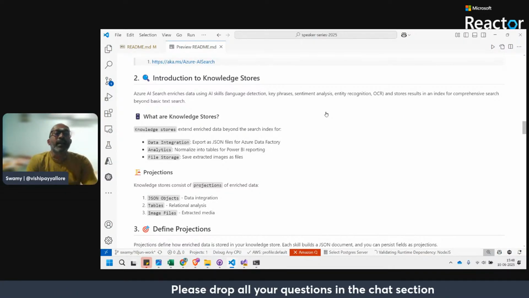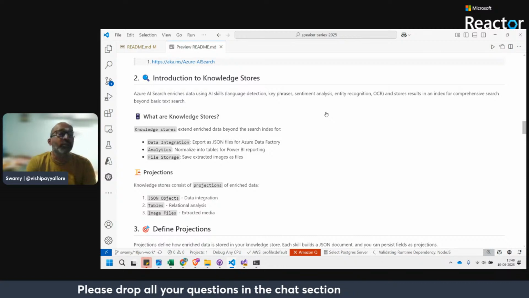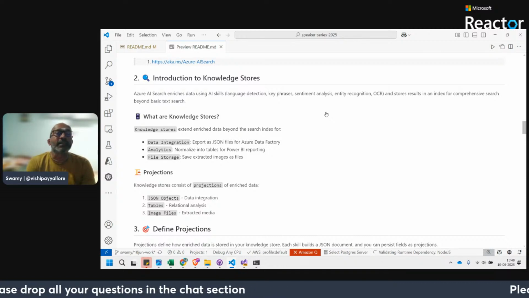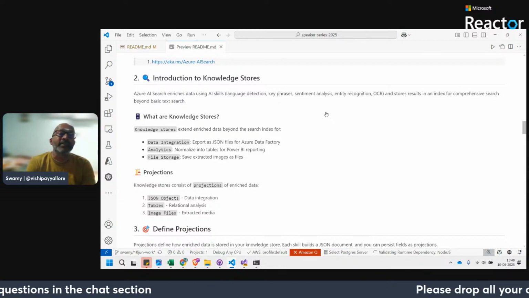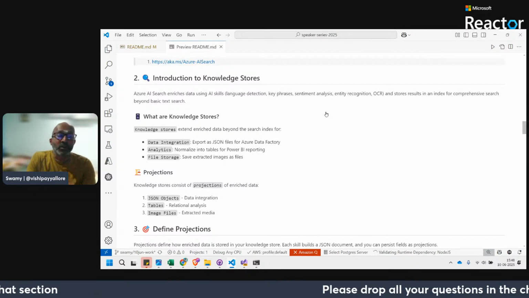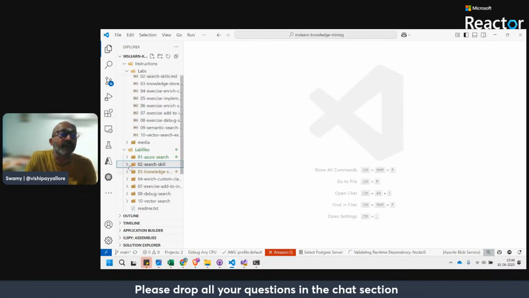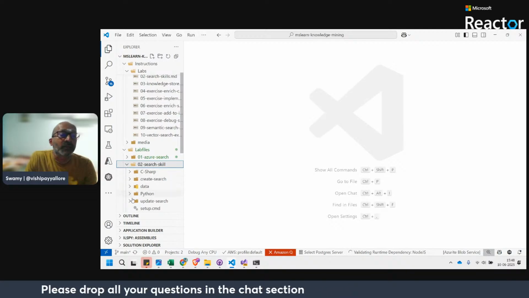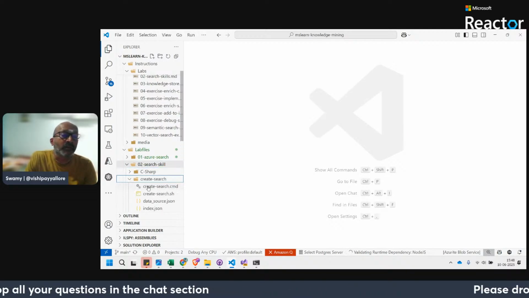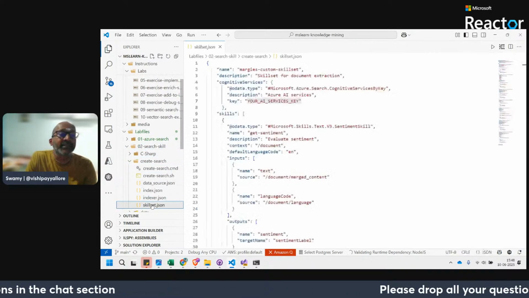While Azure AI Search is enriching the data using AI skills, we saw all those things in the portal as well as here when we are creating, wherever it is, you can see the skill set.